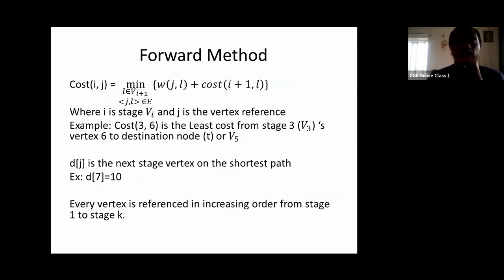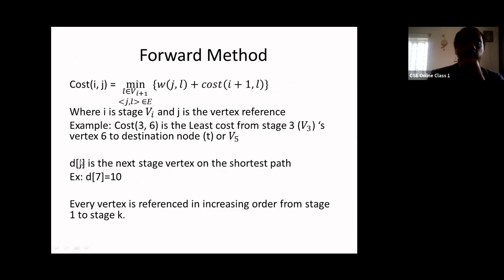Yes, sir. Okay, so we need to find out this cost. Likewise, we keep on finding, we'll start with the sink. Then we'll keep on moving one behind. We'll take the forward calculated values, move to the previous stage, then calculate the previous stage's values. So we keep on taking the help of the forward stage values every time to find out the shortest path from that vertex of that stage to the next one.